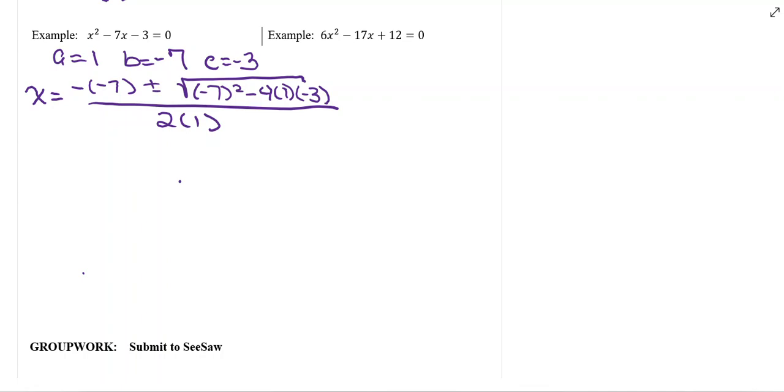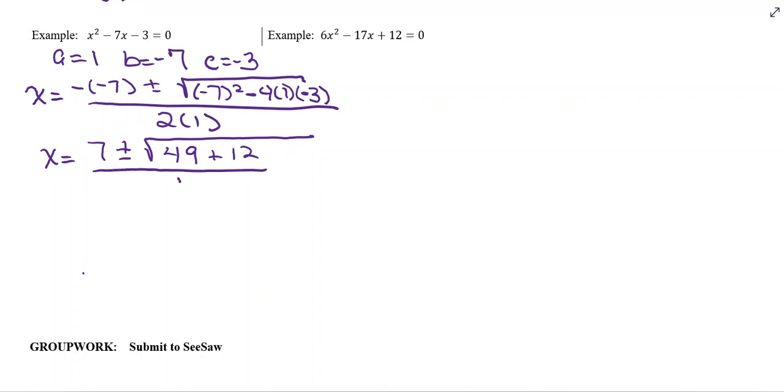That way I can see if your mistake is a simple math mistake or that you didn't understand the formula itself. My next step is x equals 7, because negative negative is positive, plus or minus the square root of negative 7 squared, which is 49. I have a minus here and minus here, so negative times a negative is a positive. 4 times 1 times 3 is 12, all over 2 times 1, which is 2. So x equals 7 plus or minus rad 61